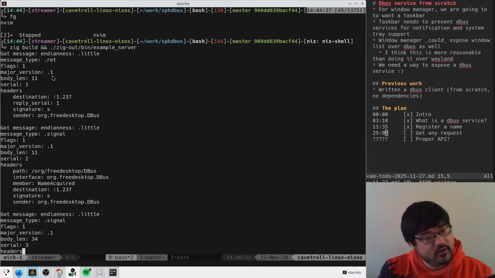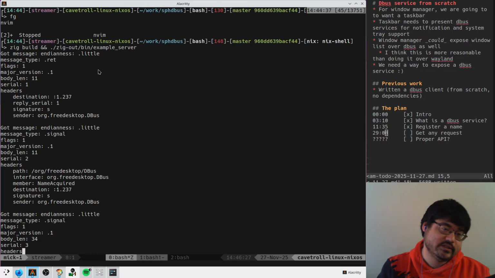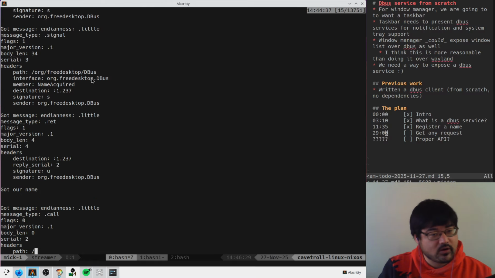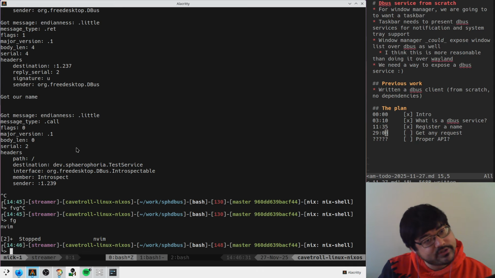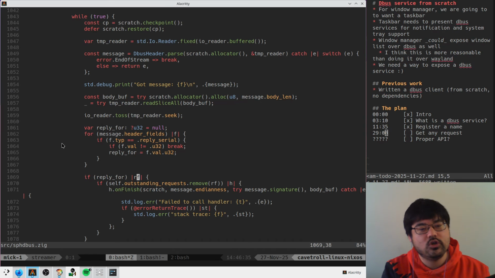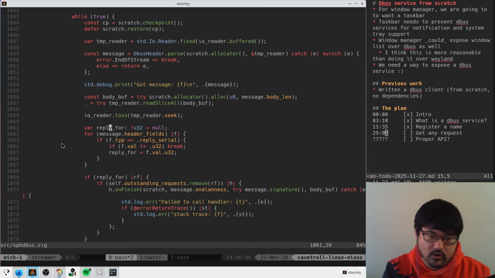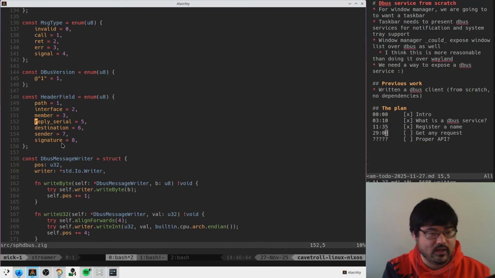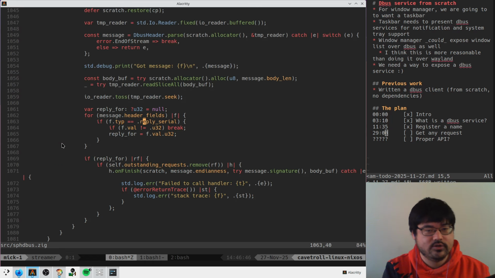And then we get returns. Then there are signals and then calls. So our existing path should only exist if it's a return, I think. So we have like